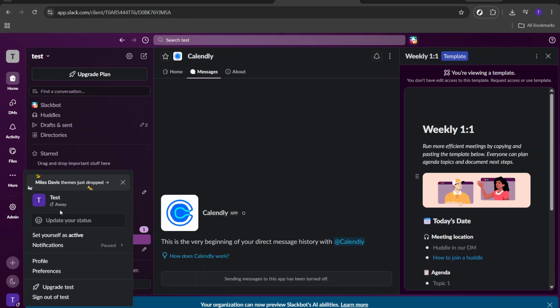But what if you've wrapped up your meeting or you're back from your break and ready to dive back in? Reverting your status to active is just as easy as setting it away. Simply click on your profile picture once more at the top right corner. You'll notice the drop-down menu popping up again with the same options we explored earlier. Find and select the Set Yourself as Active option, and just like that, your status indicator will switch back to